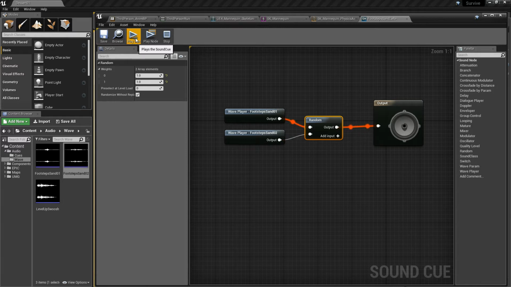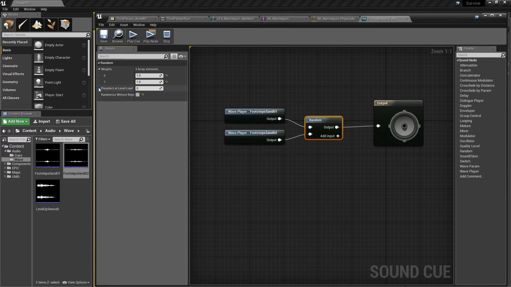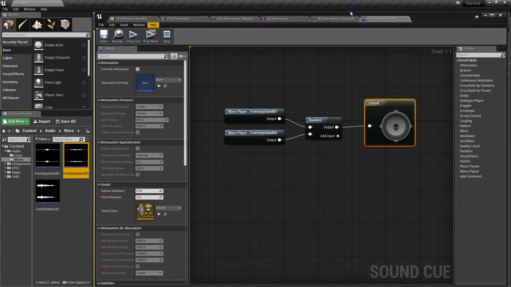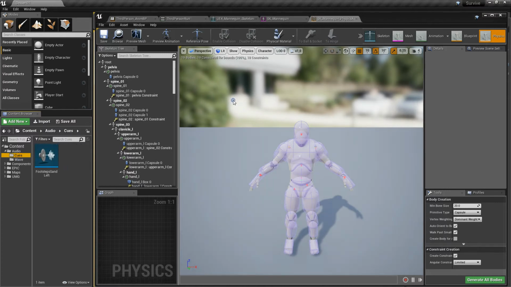So with just two sounds in there, it would basically just alternate between those two. So we deselect that, and we have our random inputs. We save that out. We close that, go back to our cues,